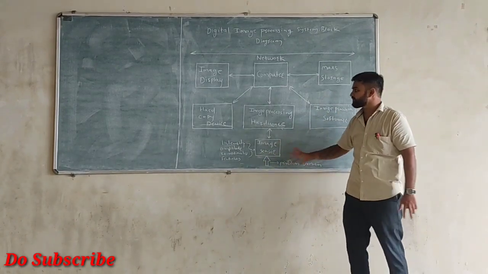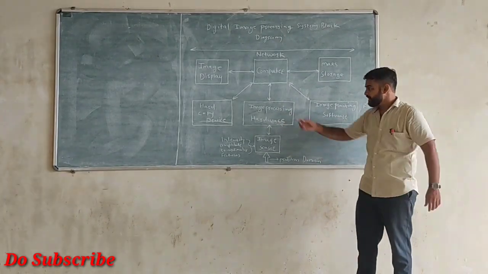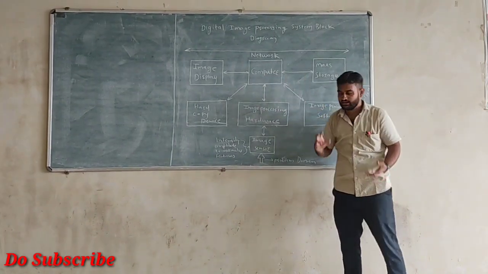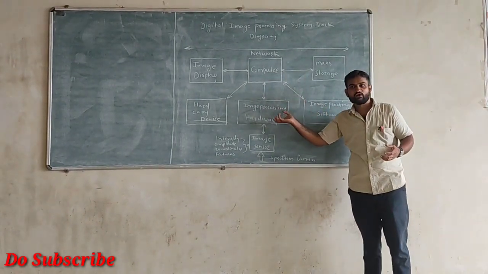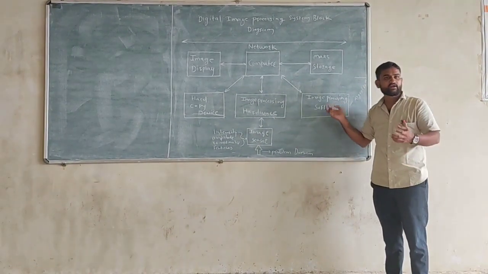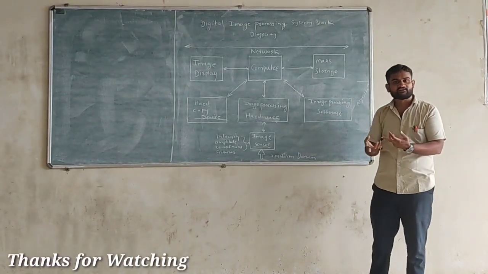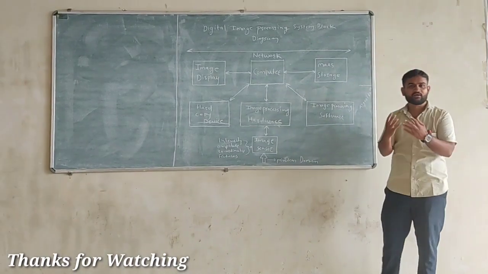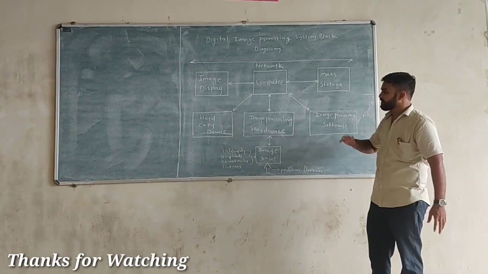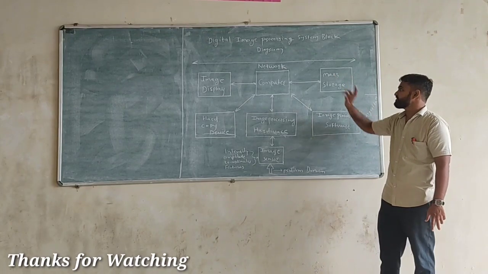After that, this image is provided to the computer section or the image processing hardware section, where we have the ALU and digitizer, which process the image according to the commands of the general purpose computer. Whatever processing we have to perform on the captured image is decided by the image processing software, where we have multiple algorithms, by which we can compress the image or enhance the image. To perform those operations, we have to store the image, and that image is stored inside the mass storage.